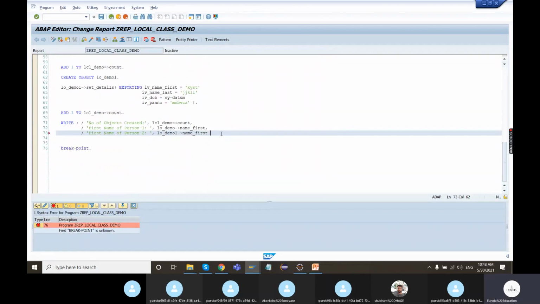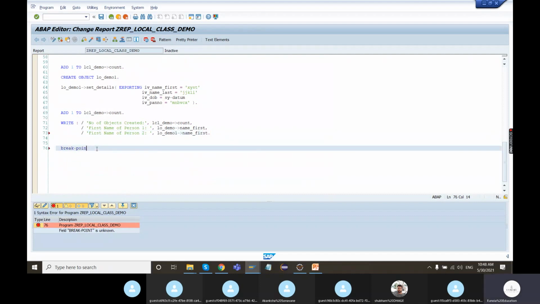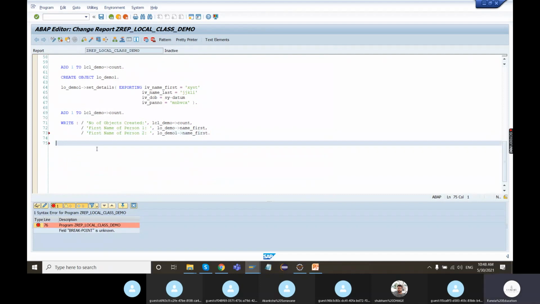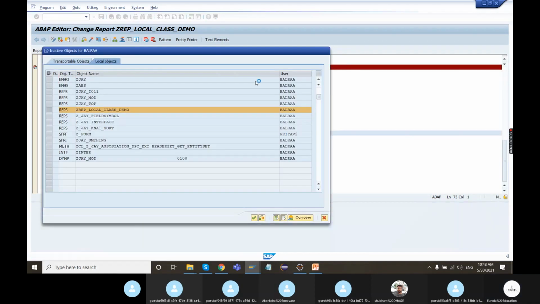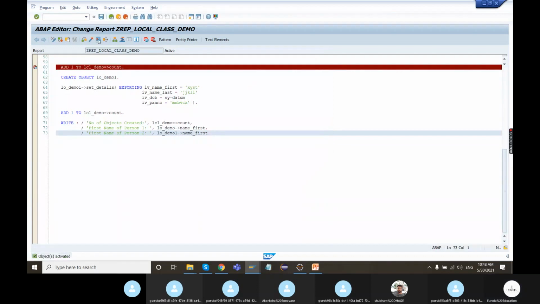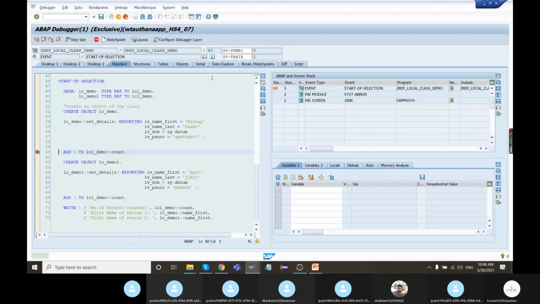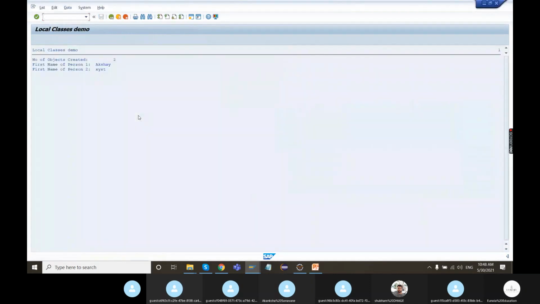Because no need for a breakpoint now since we are showing the output. Just execute this. Yeah, that's what the output is.